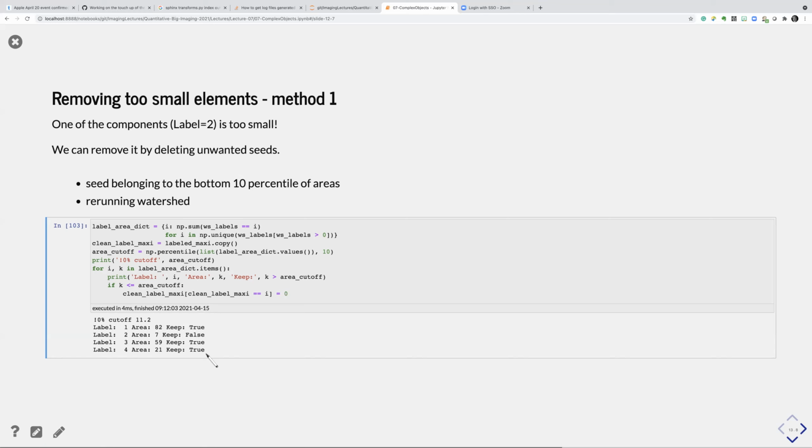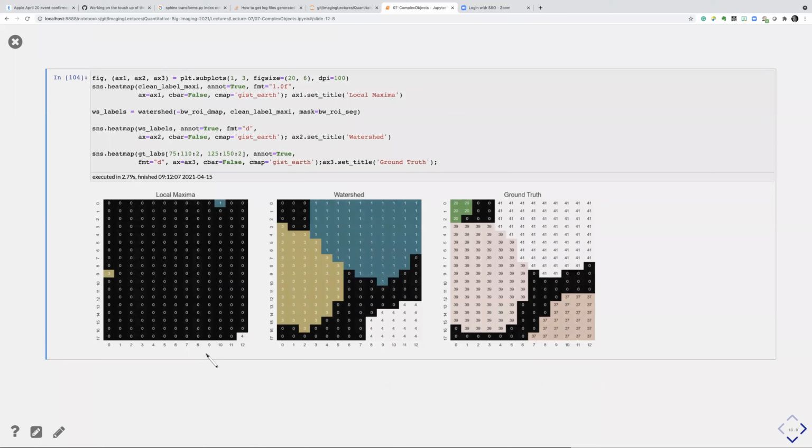If we look at this cleaned maximum image, you can see that now we get a watershed segmentation, which is pretty close to what the ground truth is. Still, the line should maybe be around here, but that is what we get from the structure, so we can't do much more about that. And again, I don't know how the ground truth was defined. So maybe it's a human labeling, and